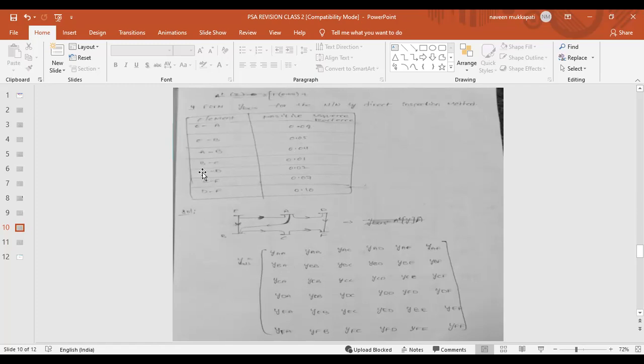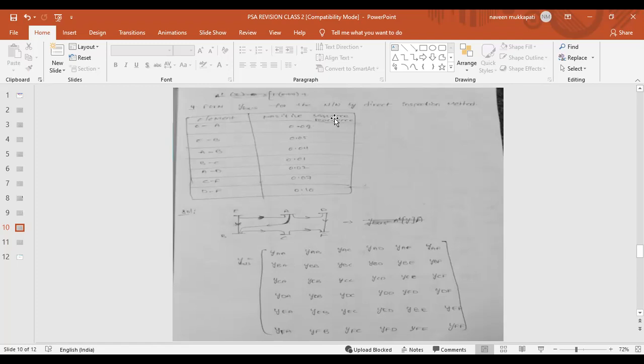Then what is YAB? Therefore YAB is equal to 0.02. If in this table we had the admittance values, that means the Y values, then YAB would be 0.02. But in this case we have the reactance, meaning the impedance values.